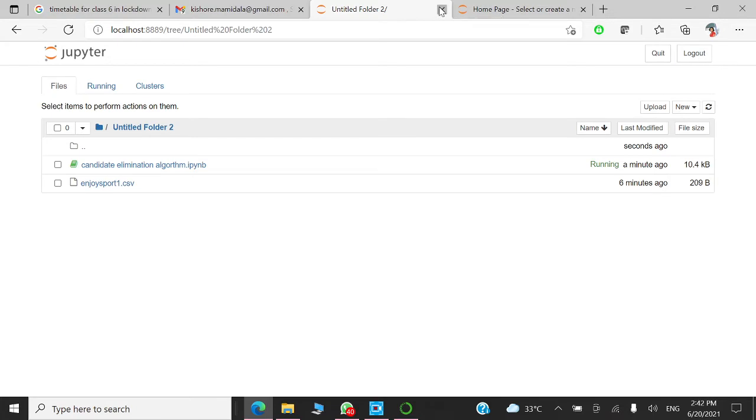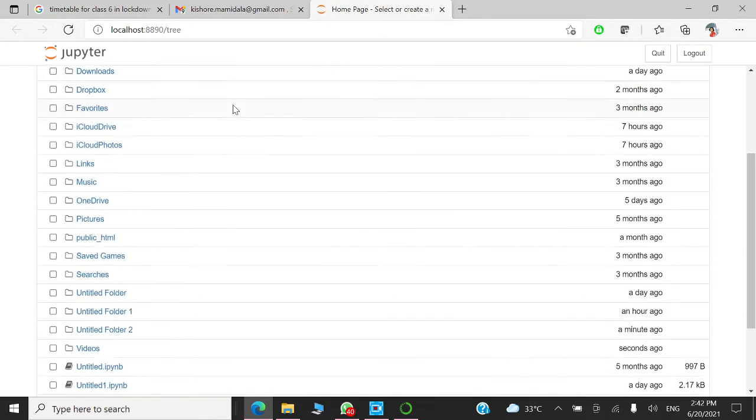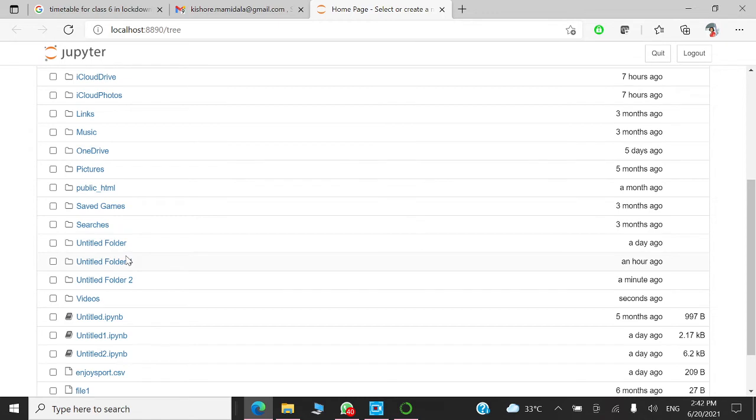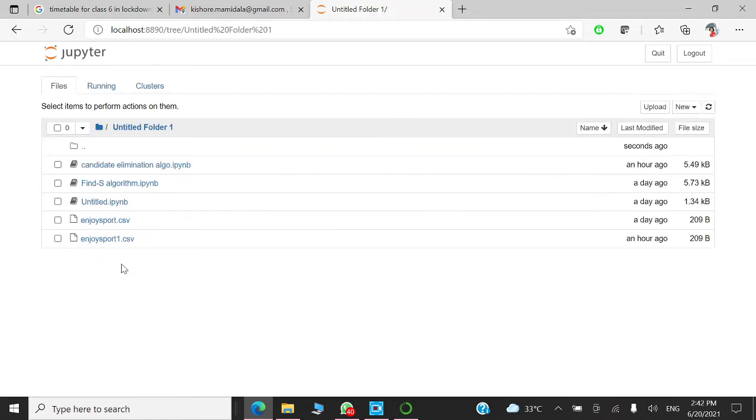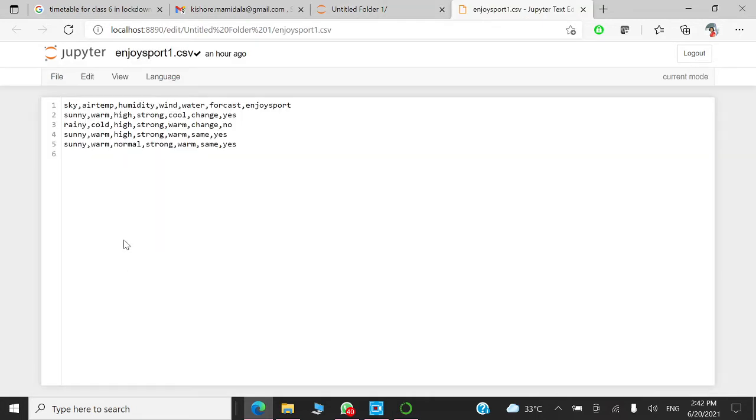Right here I've created one untitled folder. Here I'm going to consider the Enjoy Sport CSV file. Look at this. Whatever we discussed as of now, the same data is represented here: sky, air temperature, humidity, wind, water, forecast, so there are 6 attributes and one classification, that is the target class, Enjoy Sport.